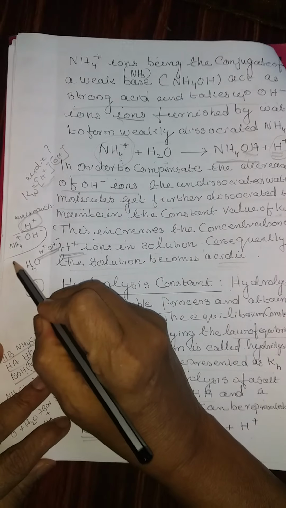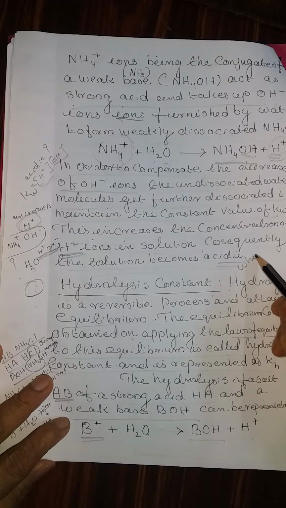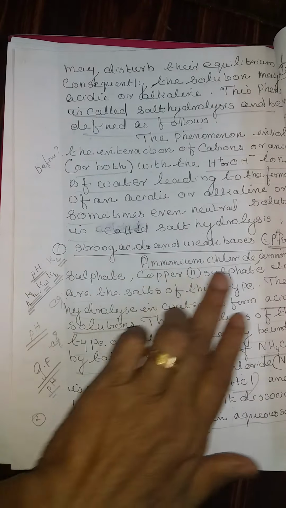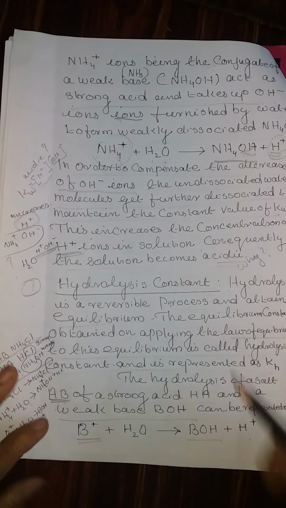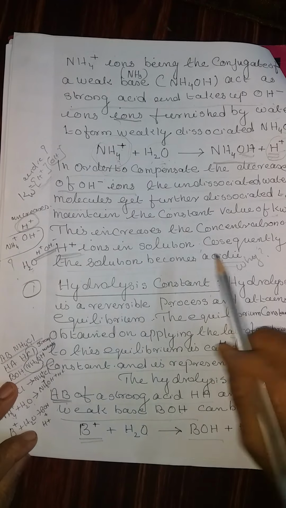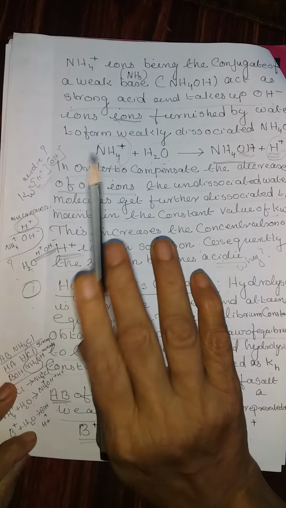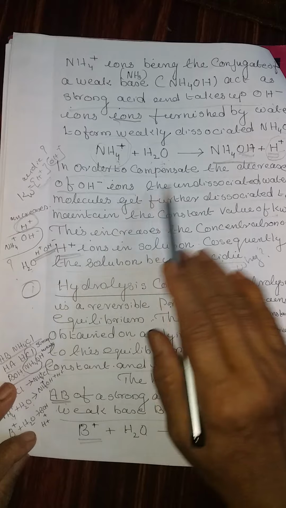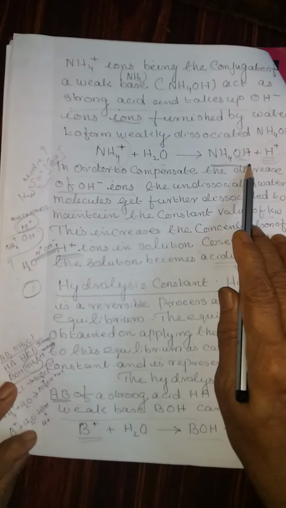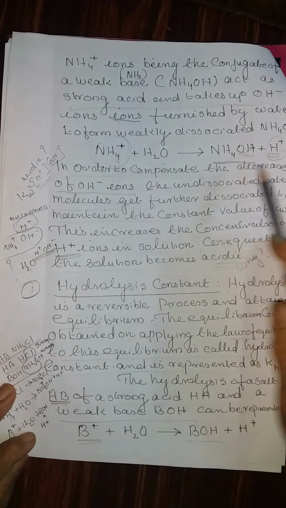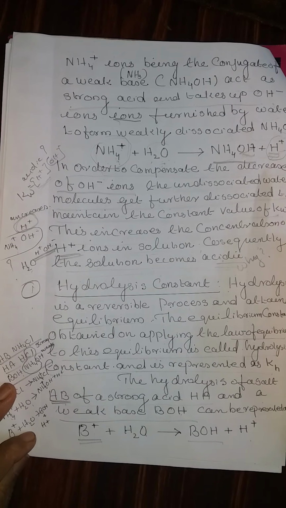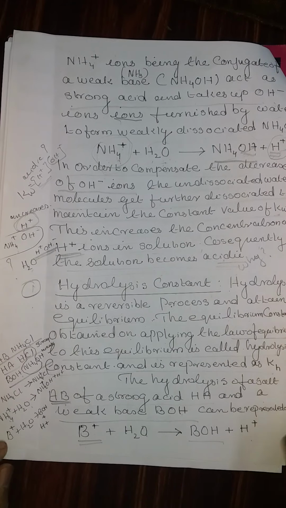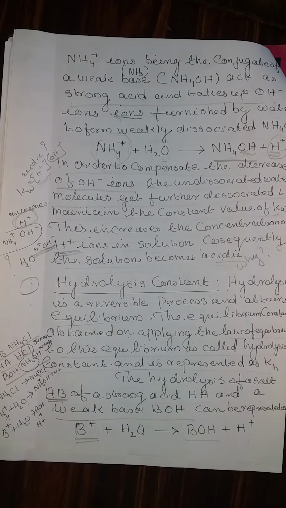The give reason question: why strong acid and weak base? The heading is strong acid and weak base. The solution is acidic in nature. Why? Because of this reason. That means in this example, NH4 plus takes away all the OH from the water and forms ammonium hydroxide because it is an acid. And H plus is liberated. The increase in concentration of H plus is the reason for the acidic nature of the solution.